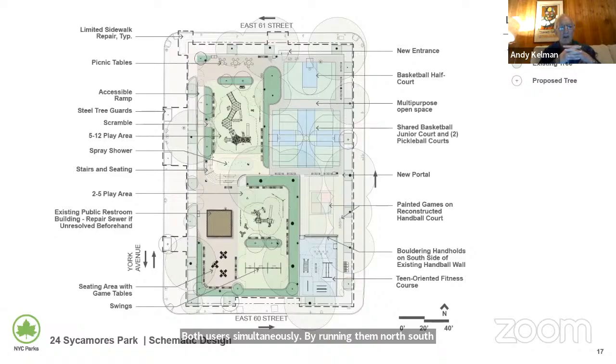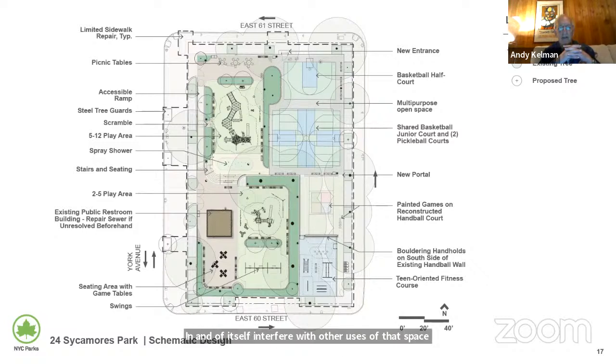Additionally, I'd be interested in knowing how far the basketball backboards and hoops project from the fence on both ends, and whether or not that would, in and of itself, interfere with other uses of that space when basketball